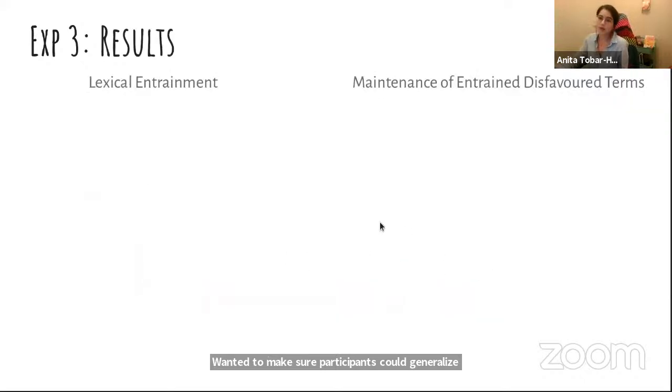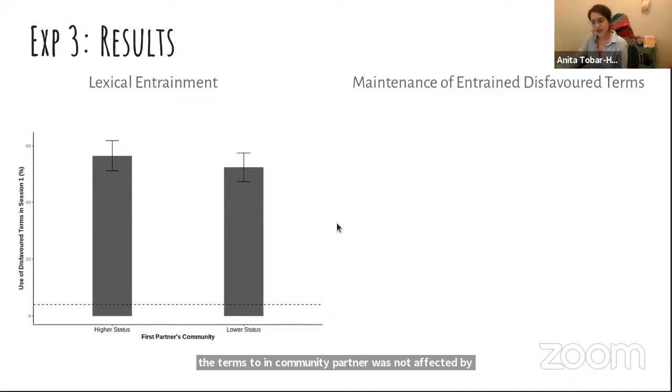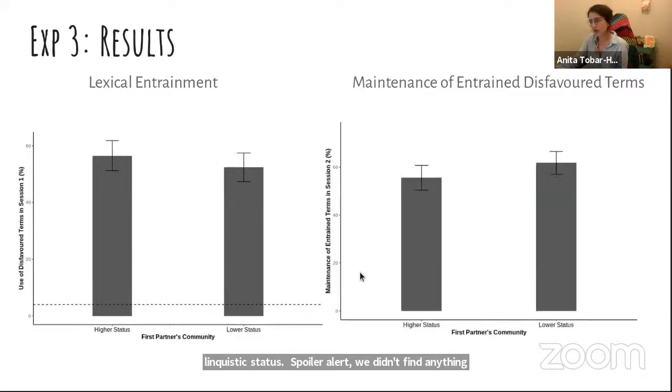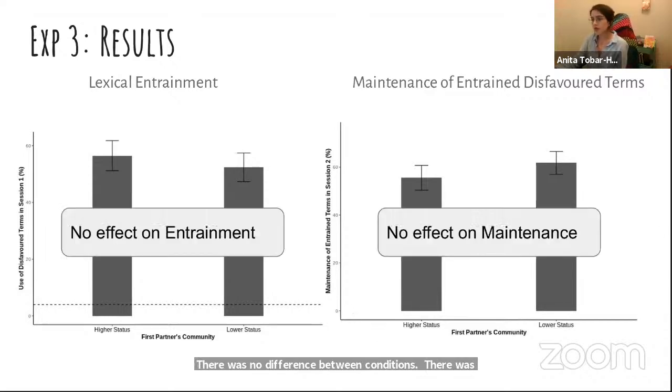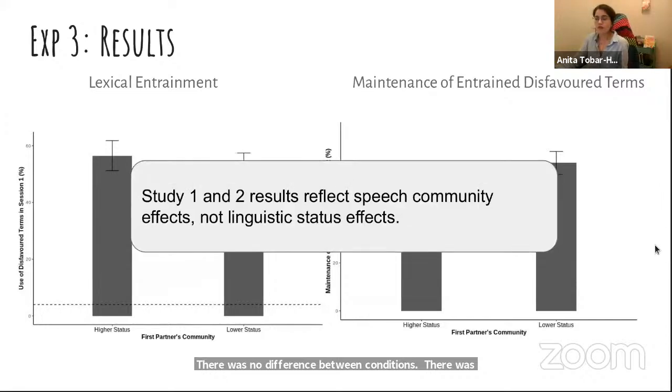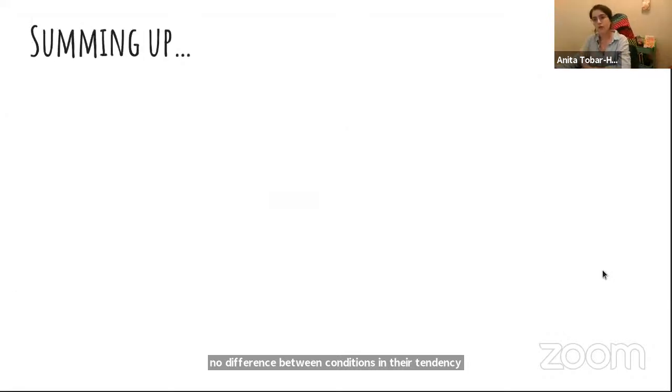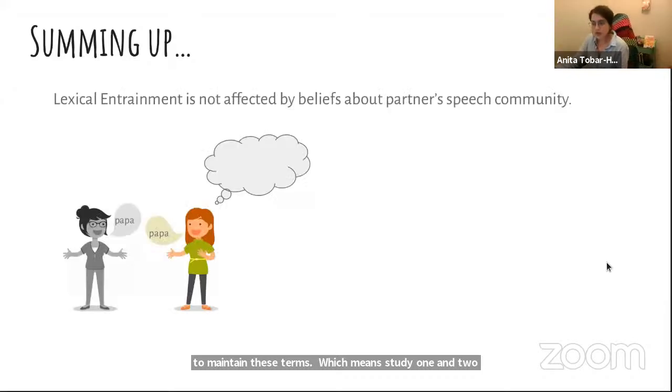And spoiler alert, we didn't find anything indicating that. So again, we found a lexical entrainment effect, but there was no difference between conditions. And there was no difference between conditions as well in their tendency to maintain and train these favored terms, which means basically that study 1 and study 2 results reflect speech community effects and non-linguistic status effects, at least in these experiments. So to sum up very quickly, lexical entrainment